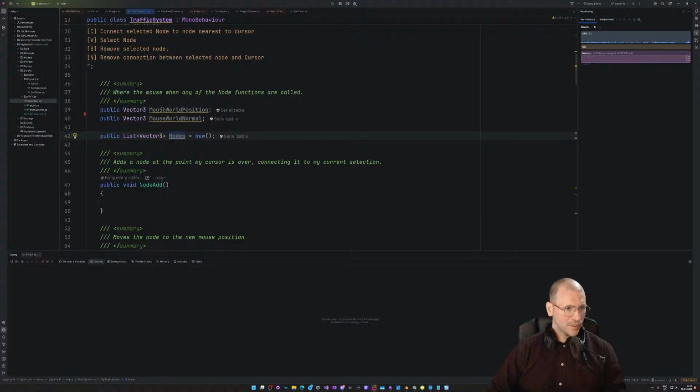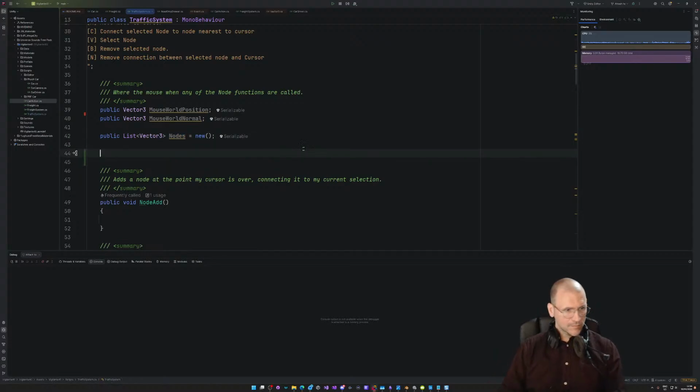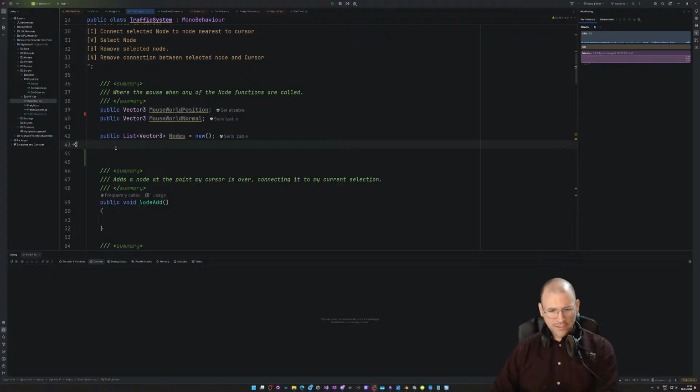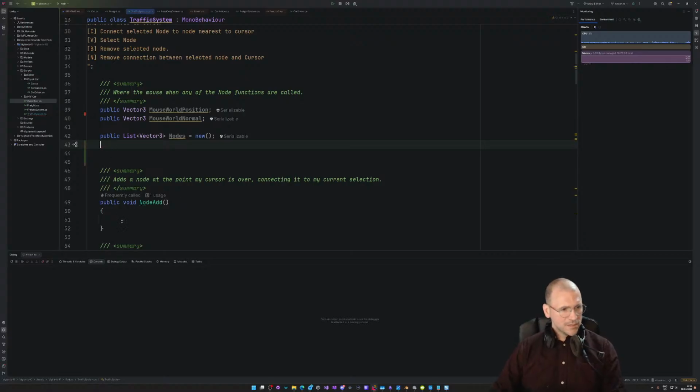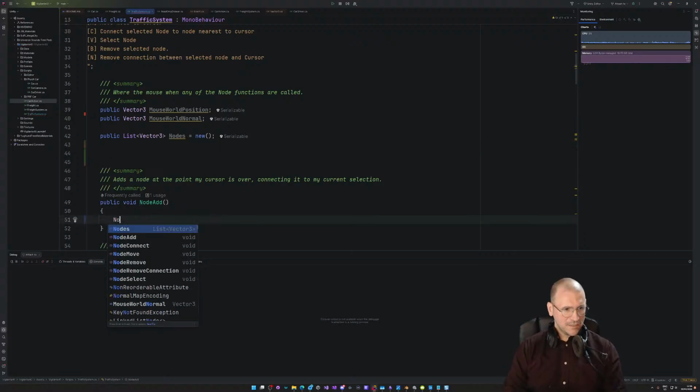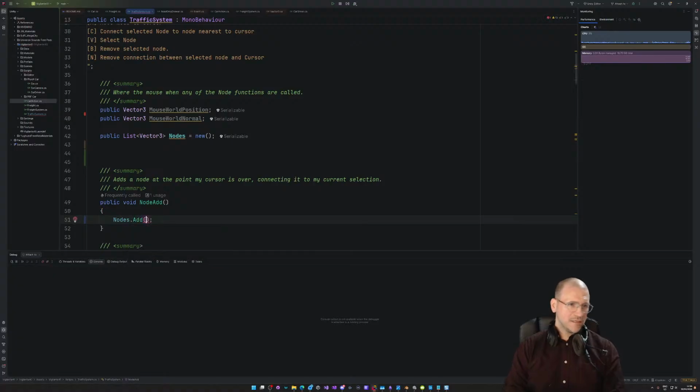Nodes. We are setting the world position. We are going to be adding to nodes. We're also going to need to draw the nodes onto the screen. So Vector3 nodes. List Vector3. We've already got the nodes, I just need to add them. So now we're adding a node. We're just going to say nodes.Add, and this will be